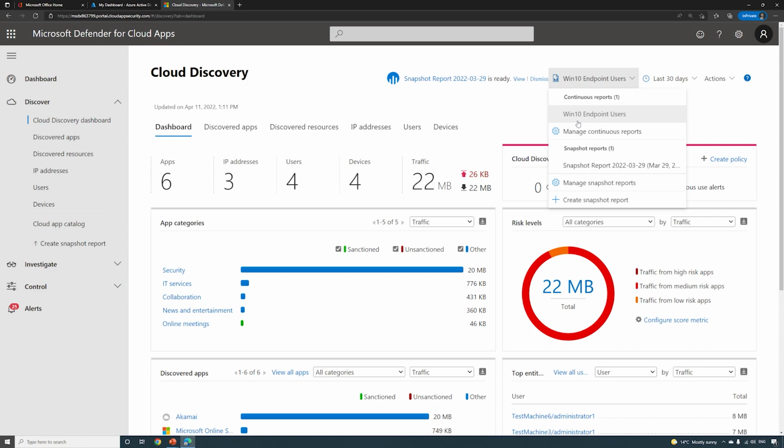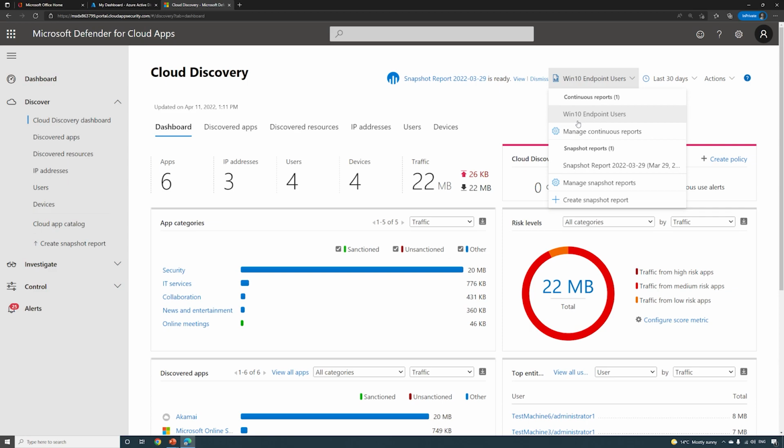This is because Defender for Cloud Apps will seamlessly integrate with Defender for Endpoint. So if you're using Defender for Endpoint and Defender for Cloud Apps, the log data from those endpoints will be automatically sent to this service. Additionally, you can automatically ban and block applications from being used on those endpoints. Now, if you don't have Defender for Endpoint, what we'll need to do is to have some log data that